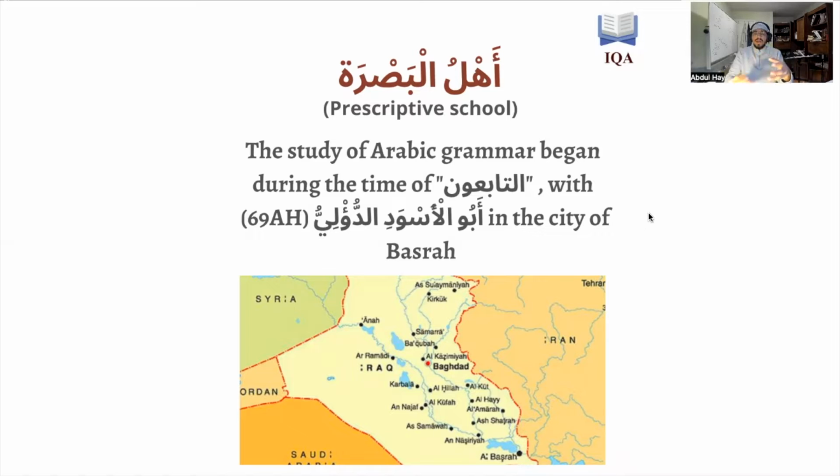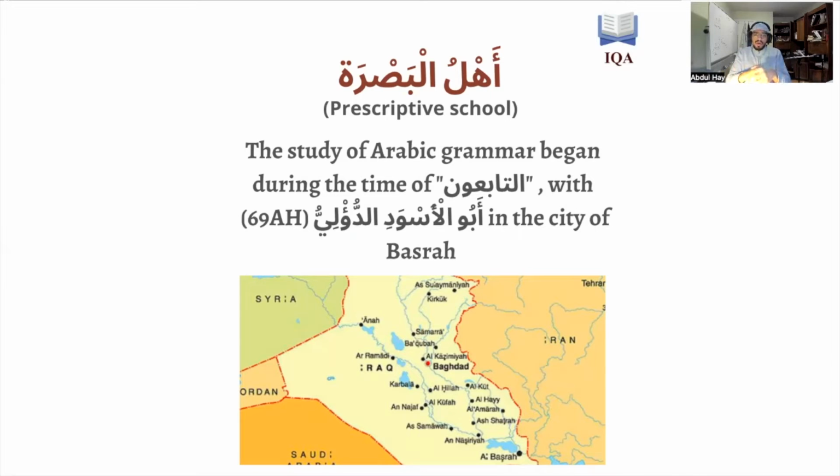Abu Aswad al-Du'ali is the one who really founded and started the science of grammar, and he was in Basra. It was done according to the order of Ali ibn Abi Talib, may Allah be pleased with him, but there are varying narrations as to why exactly he started codifying, if you will, the Arabic language and Arabic grammar. There are many different views and narrations on this, but they all agree that Abu Aswad al-Du'ali is the one who started it. As for the reasoning behind it and who ordered him to do it, there are varying narrations that Suyuti mentions in his book, and we're going to mention that in a second.